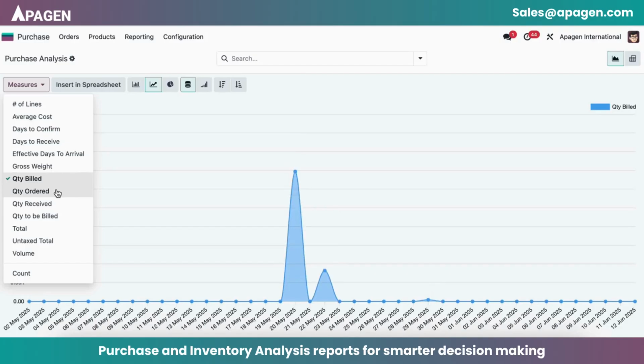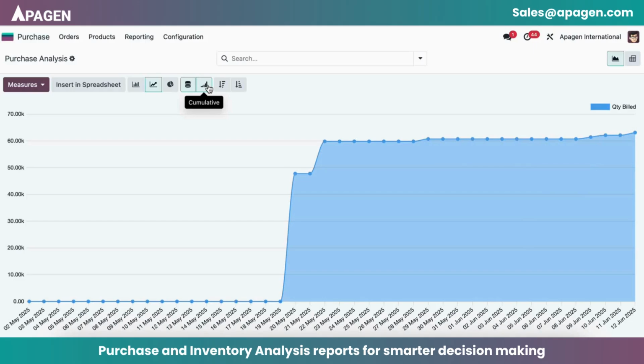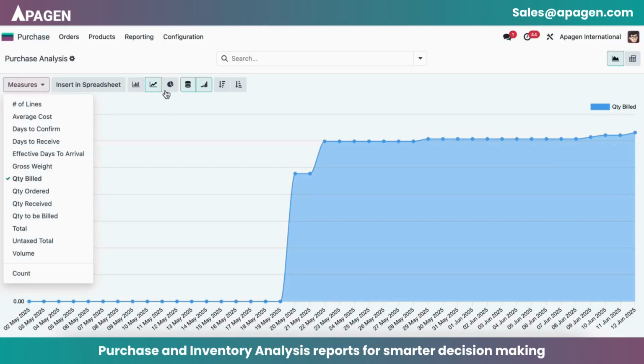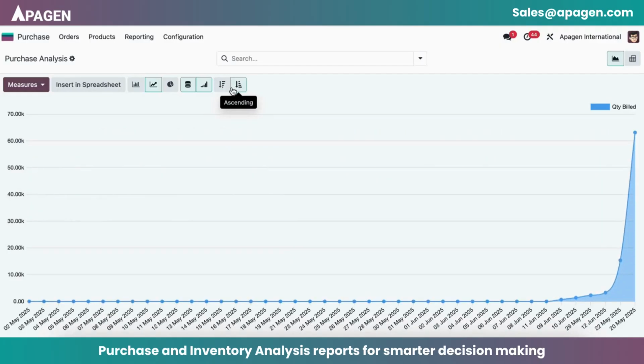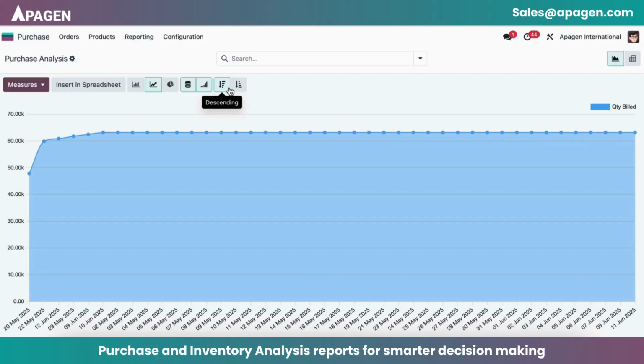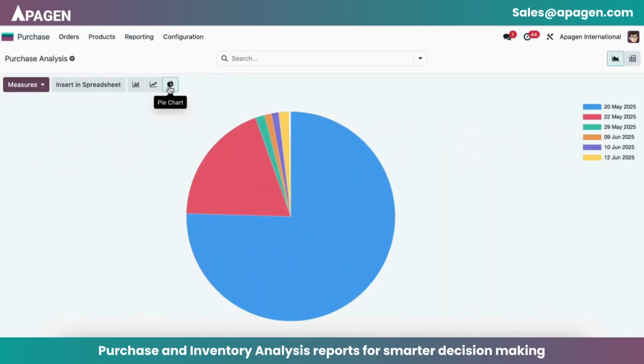I can focus on quantity billed, and it can show me over a period of time what kind of value it is presenting. I also have cumulative numbers, which record specific numbers for multi-quantity bills, and I can also put values in descending or ascending manner. A lot of this information can help the stakeholders take decisions regarding what kind of numbers to be purchased over a period of time. The same data can be seen from a pie chart,